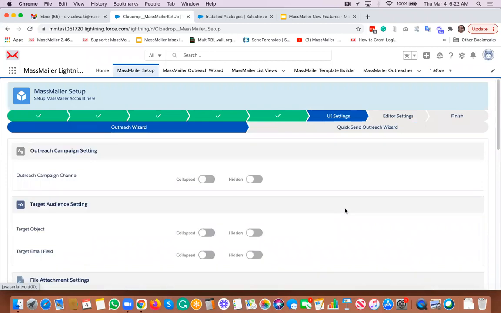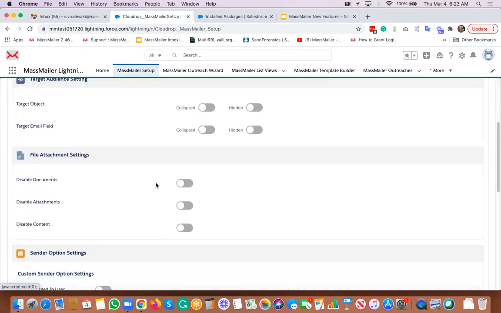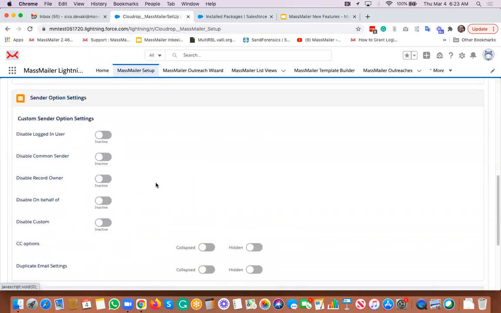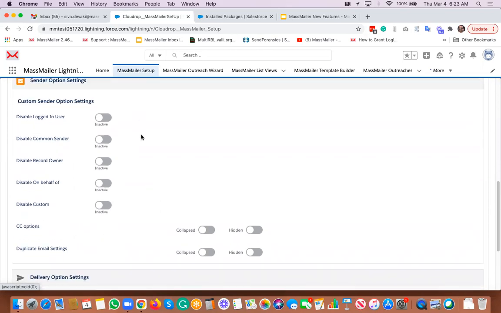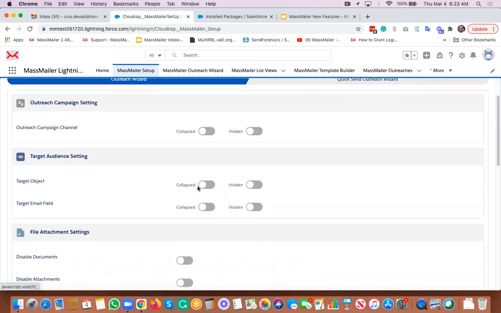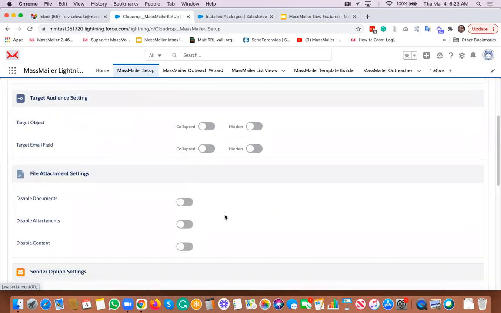And then here, these are the changes that we've done which are major. As I said, UI setting, outreach wizard, and quick send. We have both the options, in which you can collapse or hide certain sections here. And again, a lot of customers have asked, hey, we don't really use certain sections, can we disable or hide them? And we have come up with this option. So some of them you will see collapsed and hidden. So once you enable that, then you basically see that